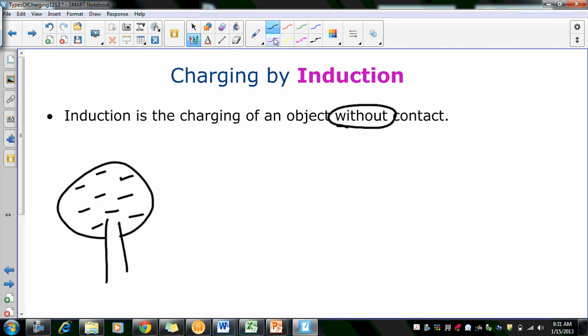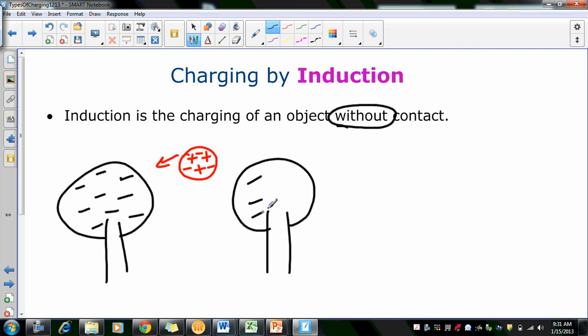If we bring in another ball that is neutral, so 3 protons, 3 electrons. If this is brought near it, this negative charge will push those electrons away. Okay, so let me draw the next step here. So negatively charged. And so when this ball is close but not touching,